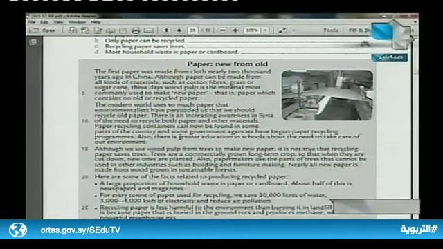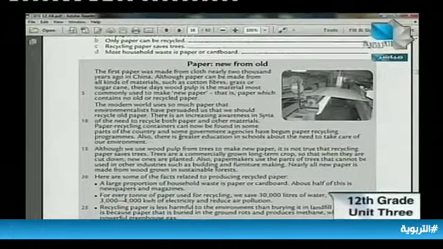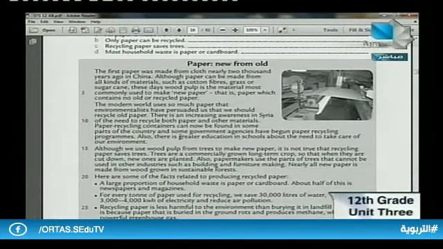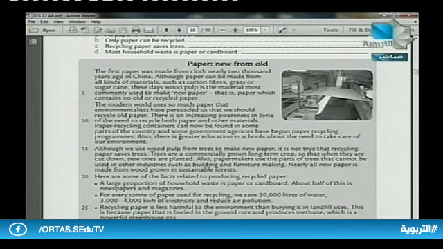Actually, when we recycle paper, we can't save trees. Trees are planted for commercial purposes. Is it correct that when we recycle paper, we save trees? No, of course not. Trees are planted as a commercial long-term crop, used in many aspects of life, for building, for furniture, and the useless parts go to wood pulp to be made into paper.